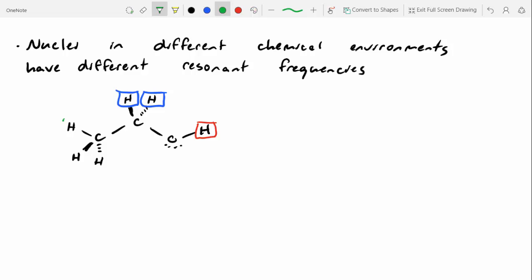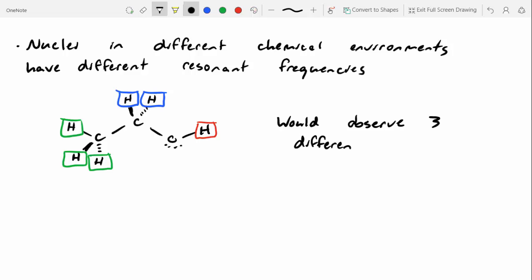And then the last one, are there any other protons that are just like that green one? The rest of the 2. Yeah, the remaining 2, because like we said, methyl groups can spin like helicopter blades, and because of that, they average out and they're pretty much in the same chemical environment. So in this case, we would observe 3 different proton signals